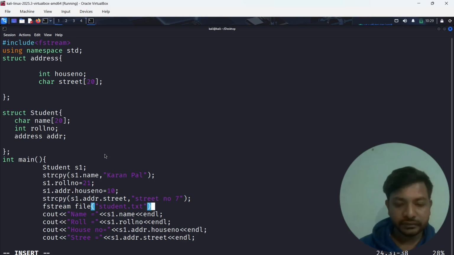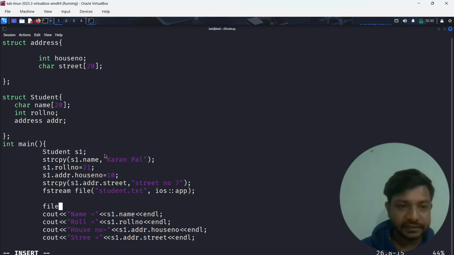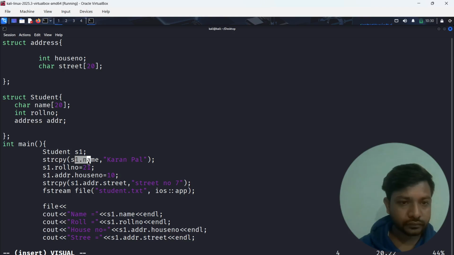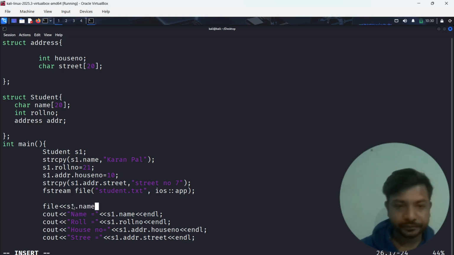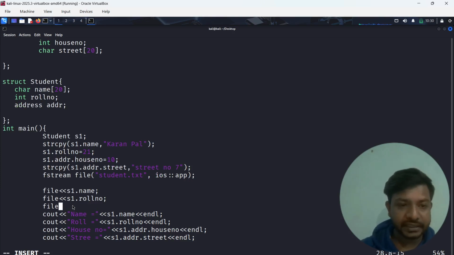ओके, एंड मोड विल बी ios::app, अपेंडिंग मोड में रखेंगे। सपोज दैट वी हैव अ स्टूडेंट फाइल, वो क्या करेगा, लास्ट में ऐड करता जाएगा। नाउ वी आर गोइंग टू राइट दिस कोड। सो फाइल में हम सबसे पहले क्या राइट करेंगे, नेम s1 डॉट नेम, देन फाइल में हम राइट करेंगे s1 डॉट रोल नंबर, देन फाइल में हम क्या राइट करने वाले हैं, s1 डॉट addr डॉट हाउस नंबर।